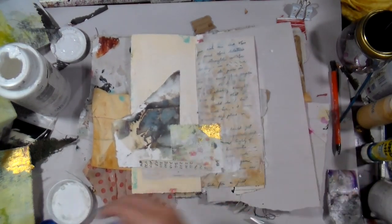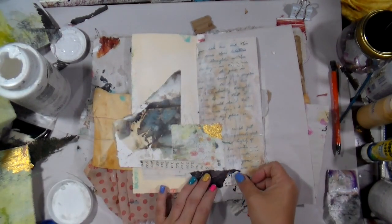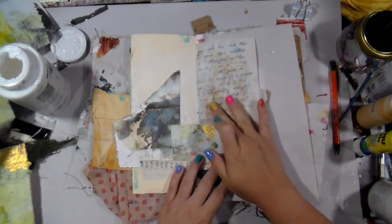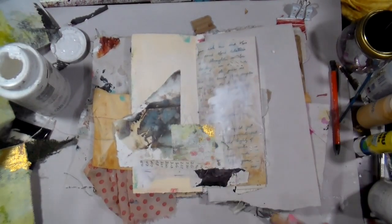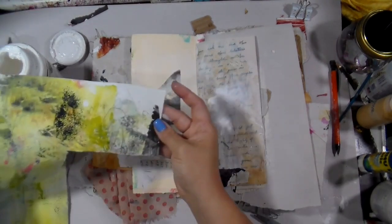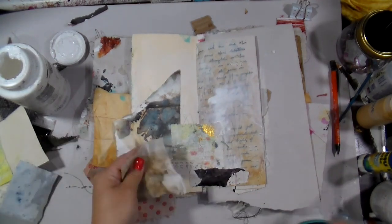I'm gluing things down, and I'm really liking this dark, inky splot, and I'm just seeing where it wants to land, and I'm not being judgmental. I think that is really critical, a really key piece. Being loose and expressive means do not judge the process, just enjoy the process, and allow it to do what it wants to do and take its own journey without you trying to be critical of it. Because right now it doesn't look like much, you know,